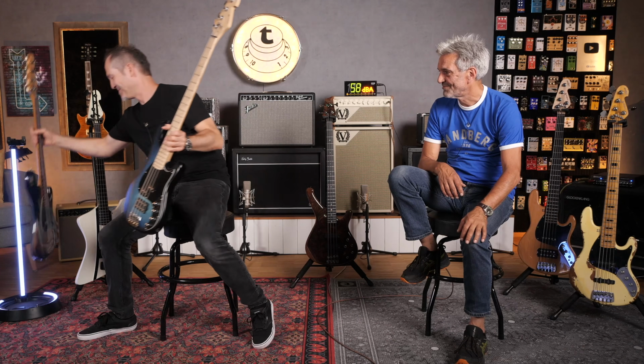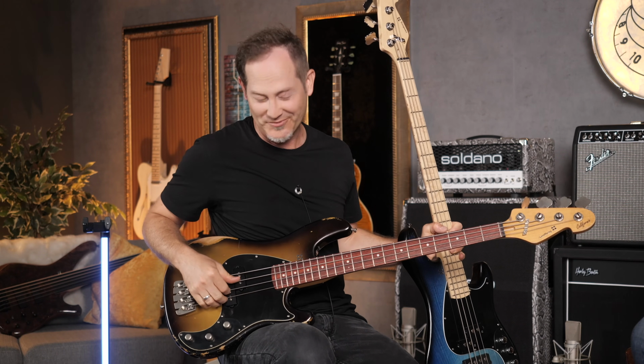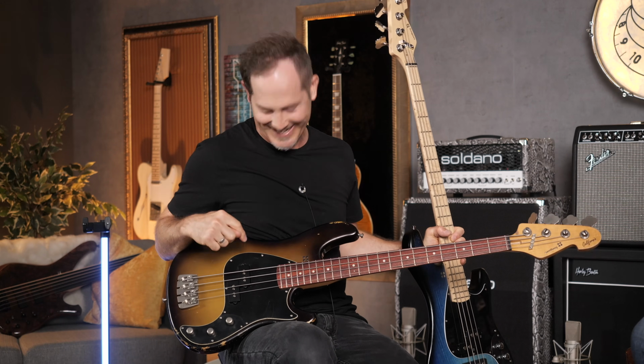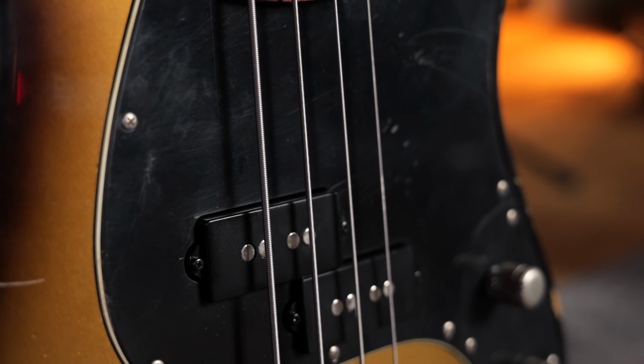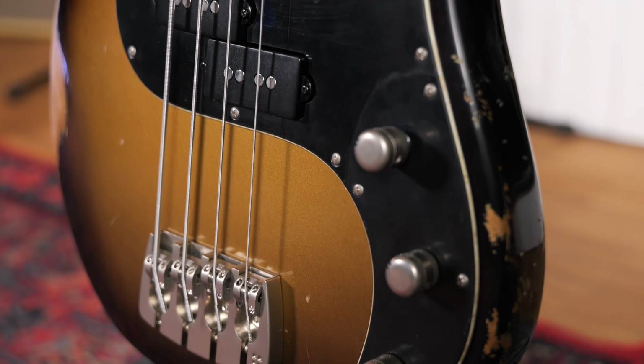Scale length is an interesting thing. It brings me to this instrument, which is, wait, let me try to get it right, if my tiny guitar player brain can remember the very logical naming. VS, because it's the split pickup, and S because it's a single pickup, maybe. VS, vintage single, and this is called the Lionel. This is a Lionel because it has a 30-inch scale. It's a short scale bass. Okay, I can remember some stuff. This looks awesome. First of all, I love it. Second of all,